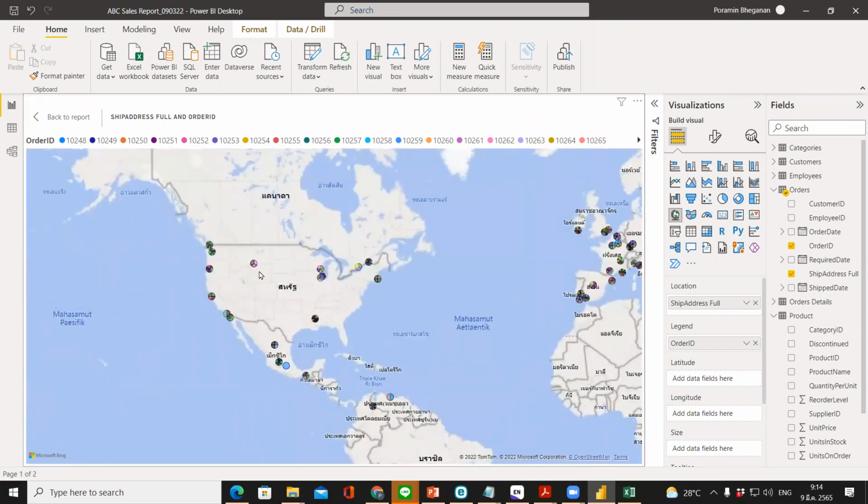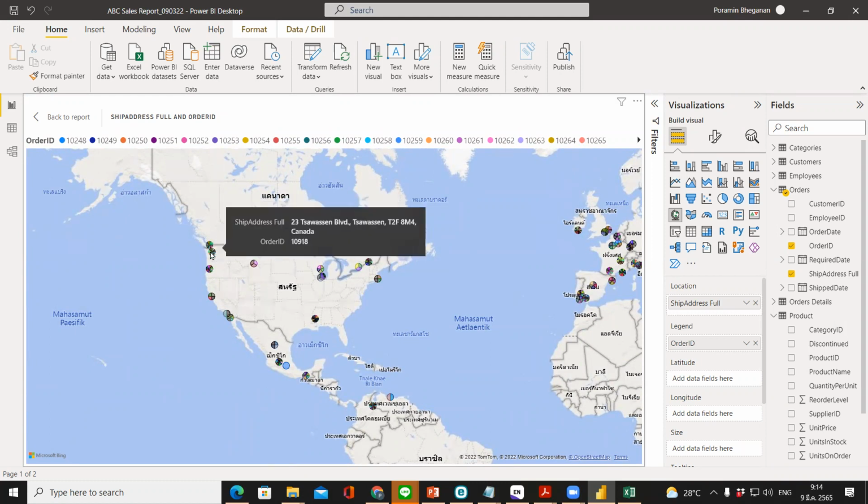You can see that in here there are circles in each location. You can see that it has the location and also many orders in there. In one circle, when you have many slices, that means you have many of the orders